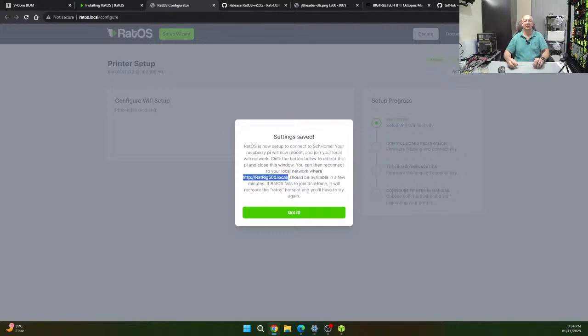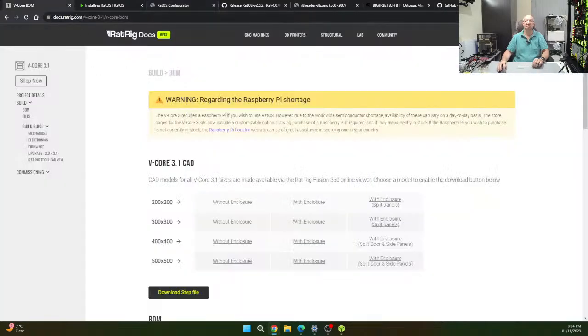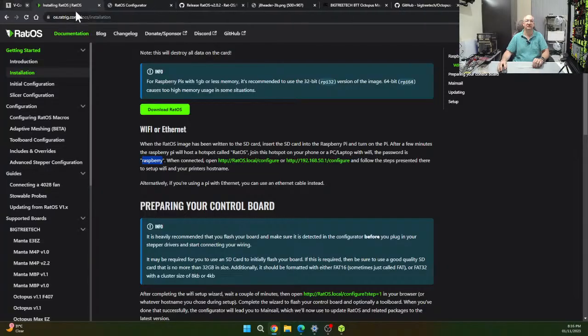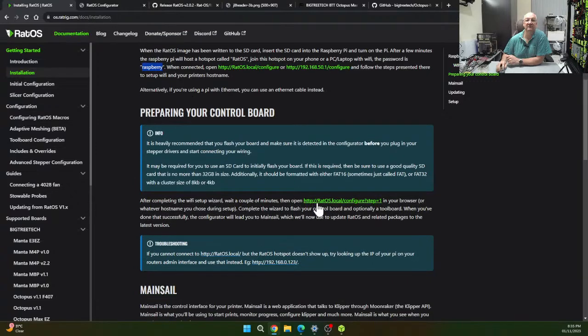Now, the documentation says a little bit different. I'll just close that screen. Keep going to it. It says once you're finished, you must then go to RatOS configure step 1. Now, yes, we're going to go to that because I want to show you, as per the documentation, what the difference is. But